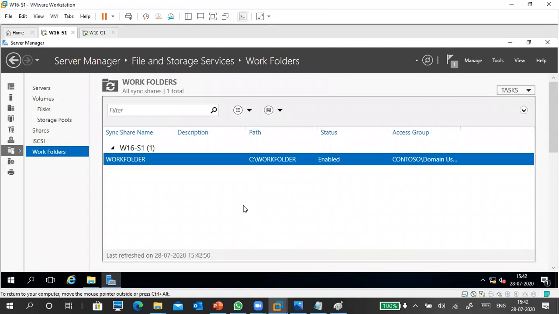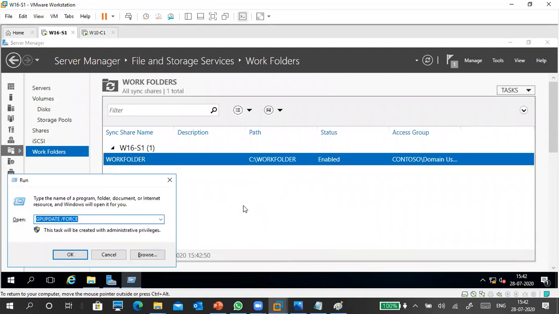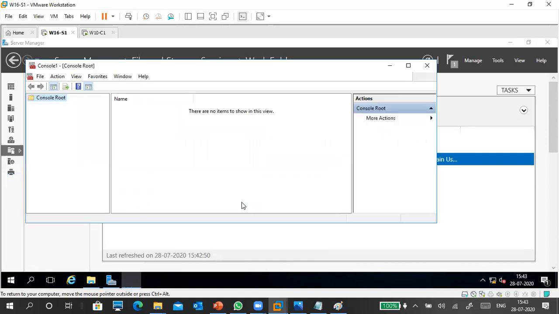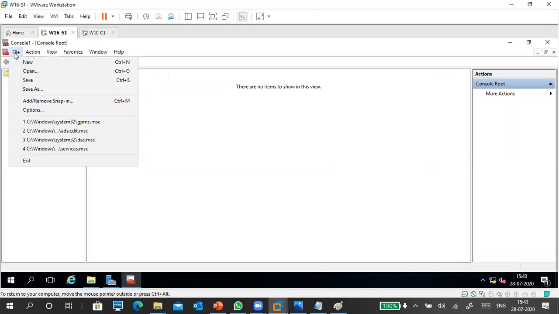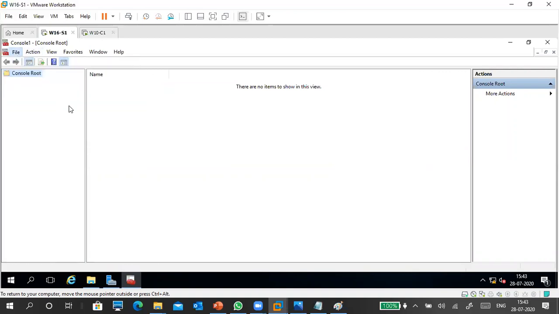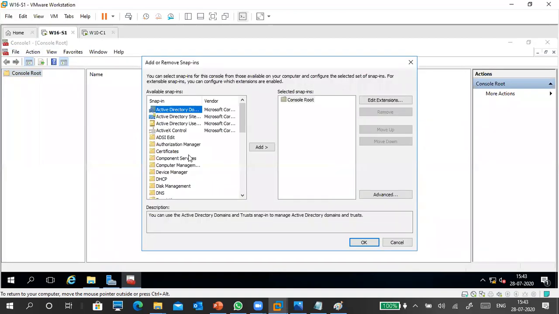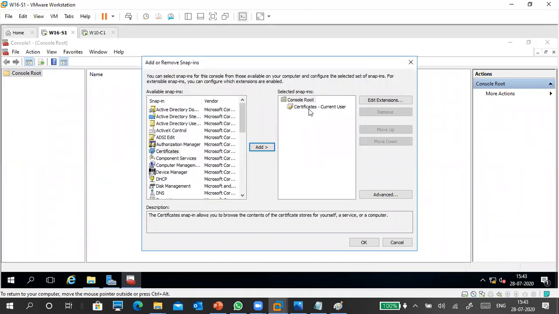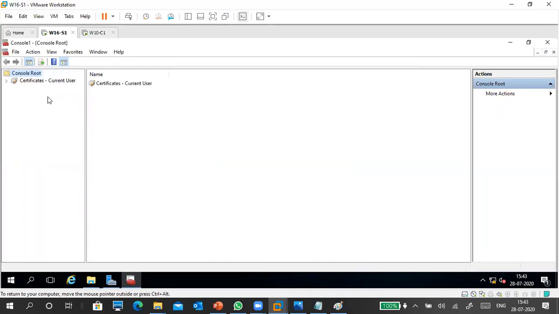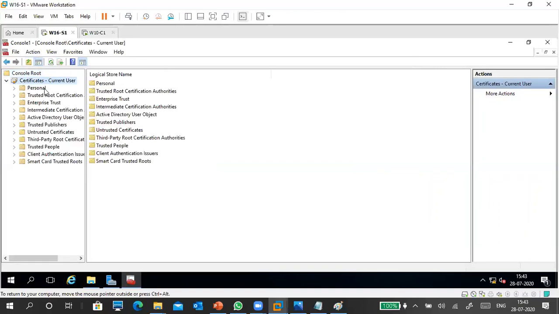Now one more task we have to do, that is on the server only, MMC, Microsoft Management Console. We need that certificate. So go to File, Add/Remove Snap-in, certificate. Next. My user account or anything, no problem. So current user certificates.